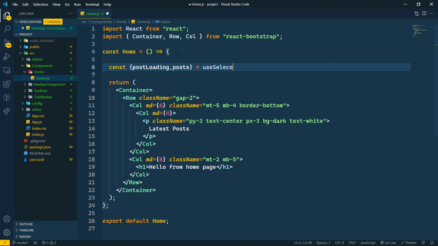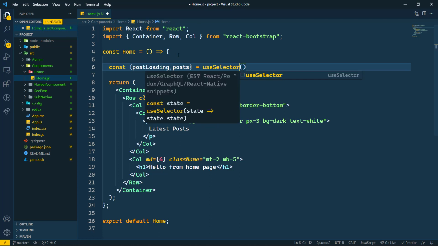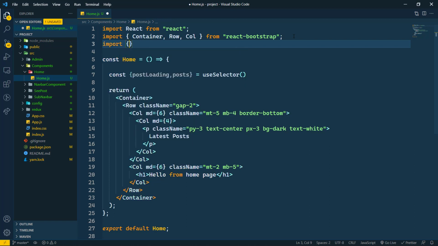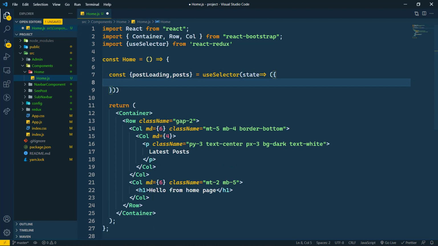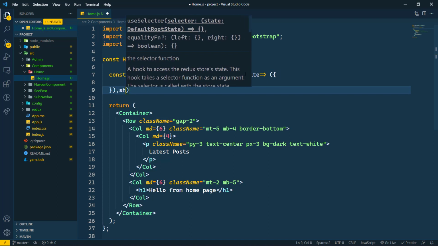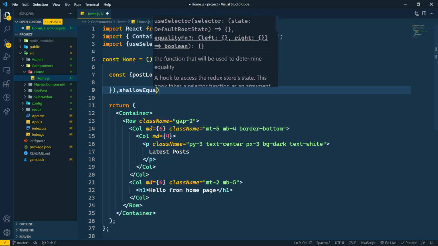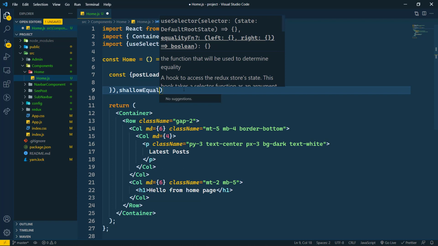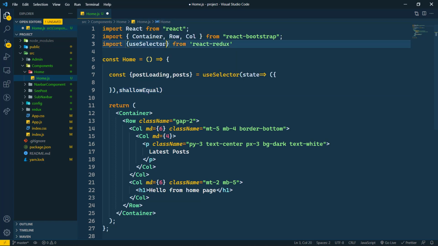We have to import useSelector from React Redux. Here we will get the state and it will return us the object. And we want shallowEqual also, and we will import this also from React Redux.